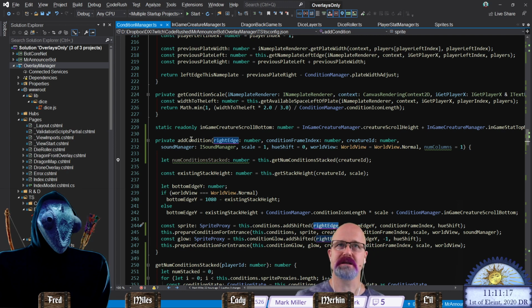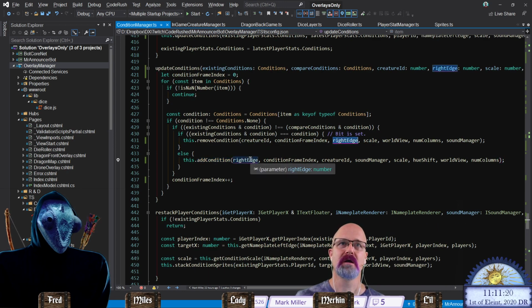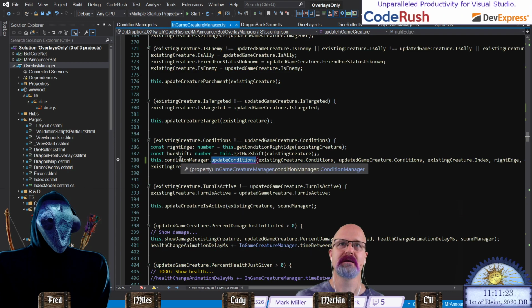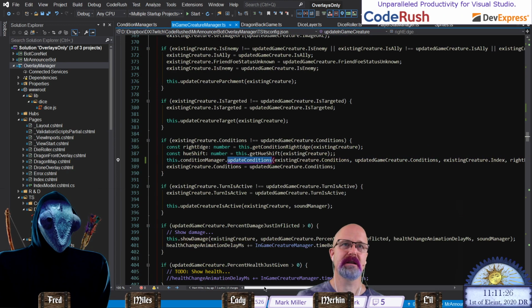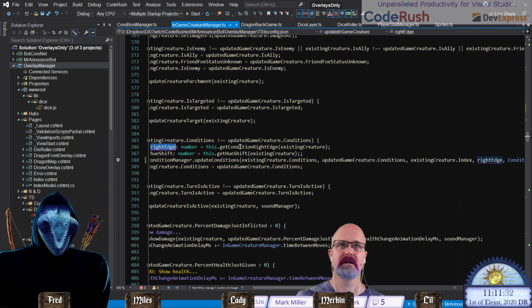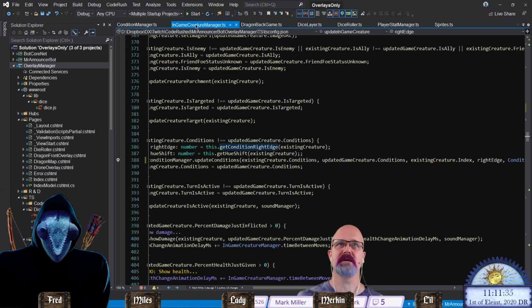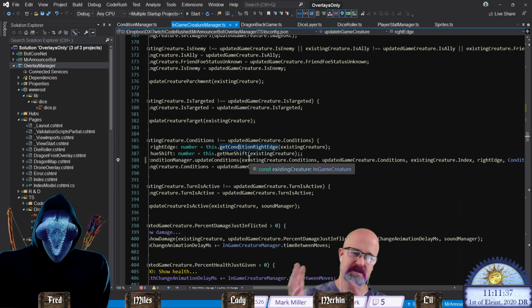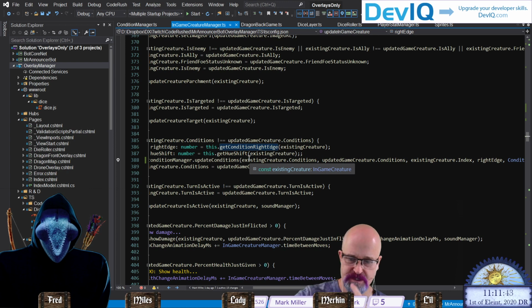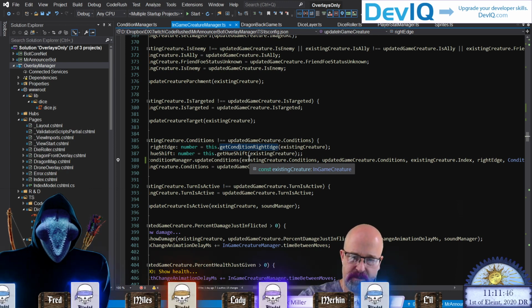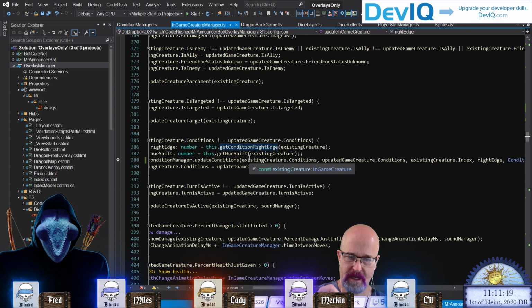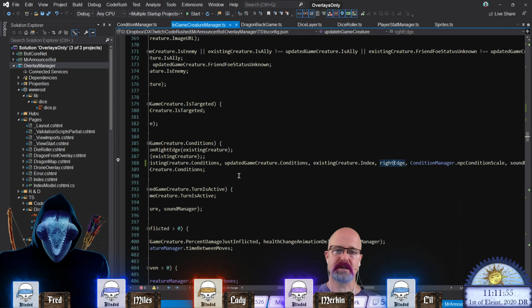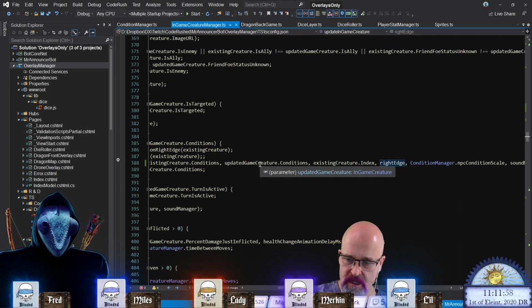When we call add condition, I want to see the right edge calculation for this. It comes in here, right? Is this the flipped one? It is. So the right edge, there it is right there. Get condition right edge for an existing creature. That's coming from the in-game creature manager. What that's going to do is figure out that right edge, because we originally anchored them in the bottom right so that when the player's conditions came up, they would show up right next to the bottom right anchors, going right next to the edge here. So there's a little bit of weird math going on here. The same thing when we do condition right edge for an in-game creature,